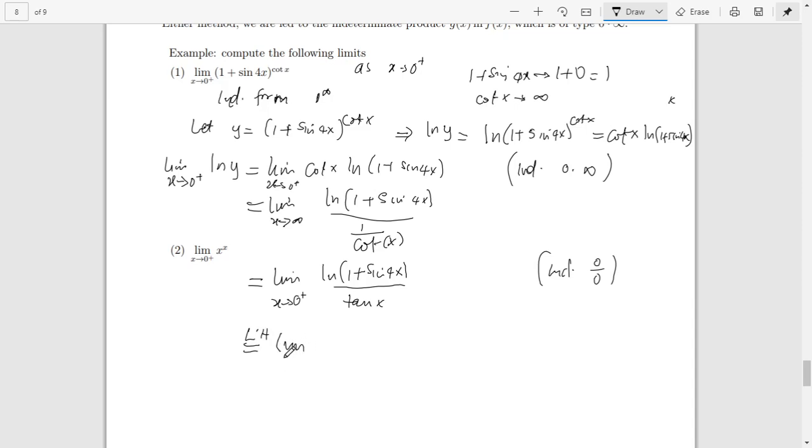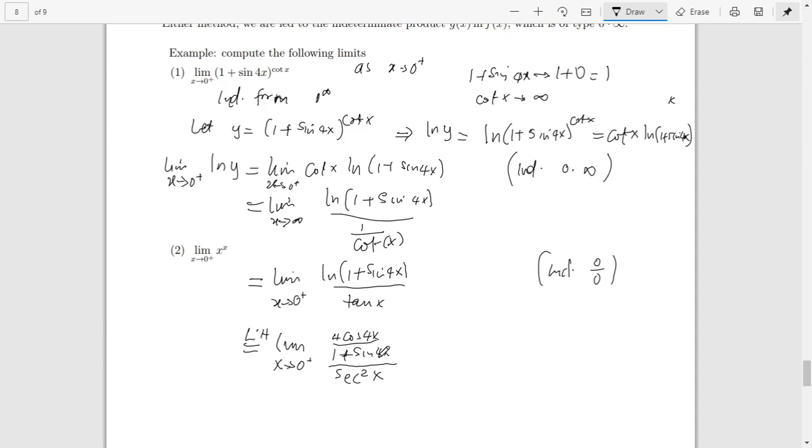L'Hopital's rule says that the limit is just going to be equal to the limit of their derivatives. If I differentiate the natural log of 1 plus sine 4x, I'm going to get 4 cosine of 4x, verify that this is correct on your own, divided by 1 plus sine 4x, and this is divided by the derivative of tan x, which is secant squared of x. Now, if I take the limit of this as x tends towards 0,